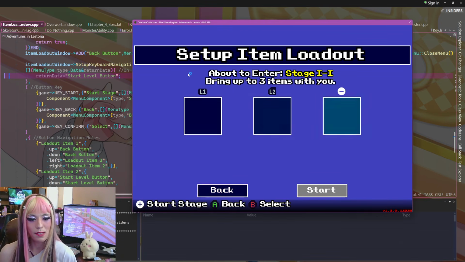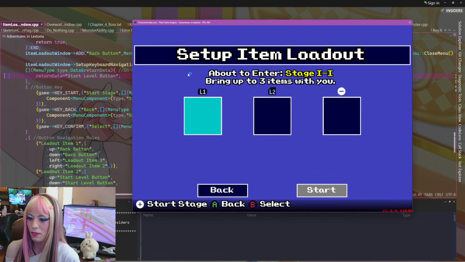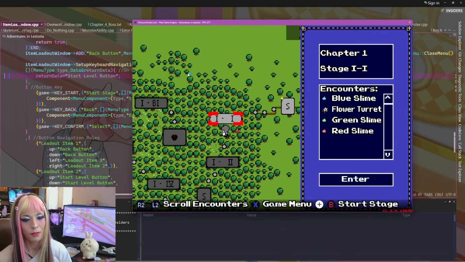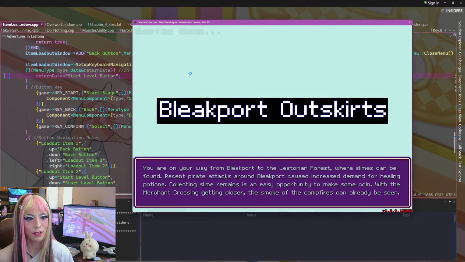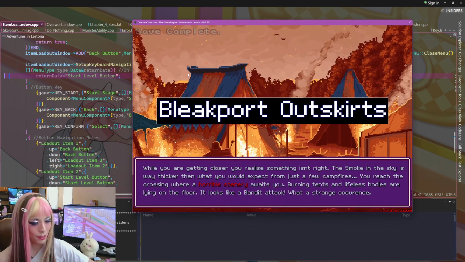So we need to make it so it defaults here if the start button is disabled. But if the start button is enabled, which, oops, I didn't mean to go here. Okay, I'm just gonna